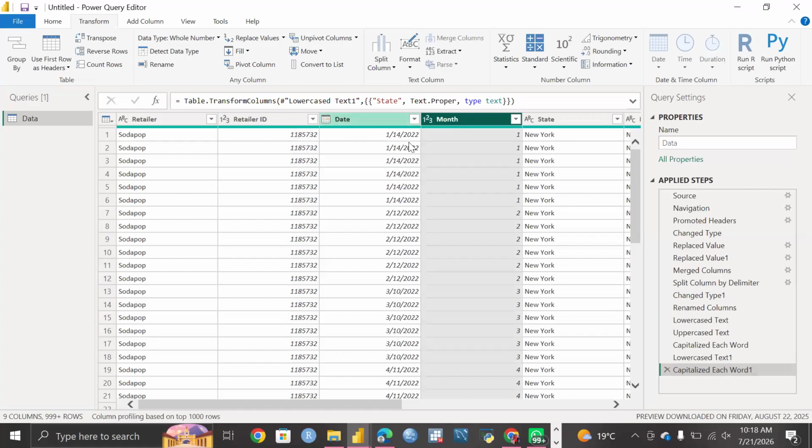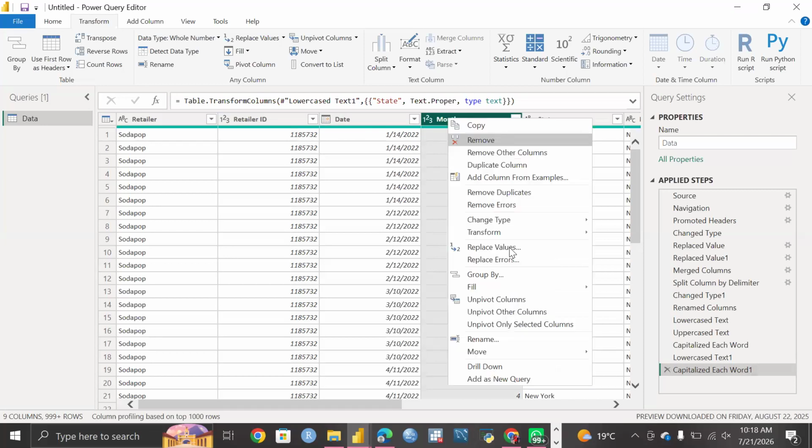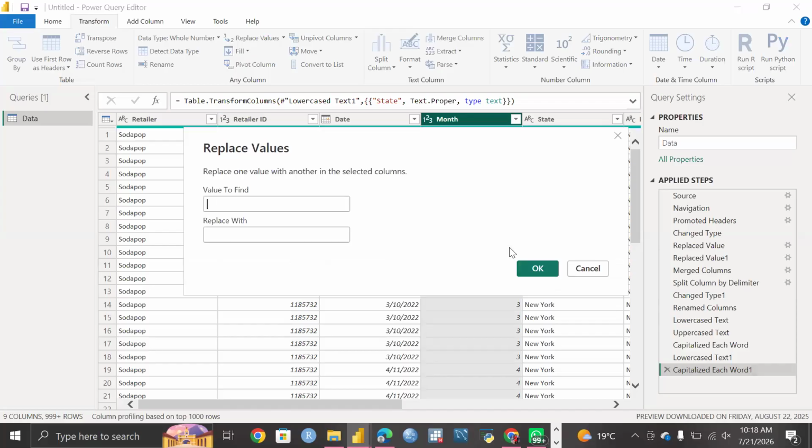You right click and replace values. So wherever the null is, you can replace it with a better message. Same way if